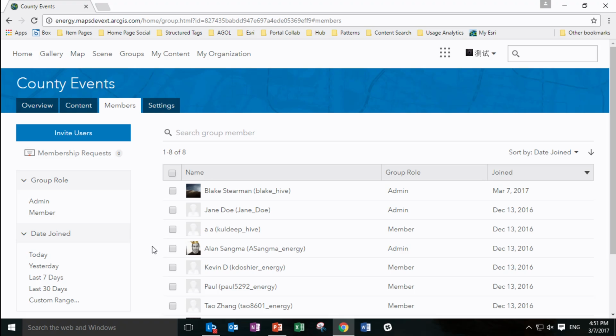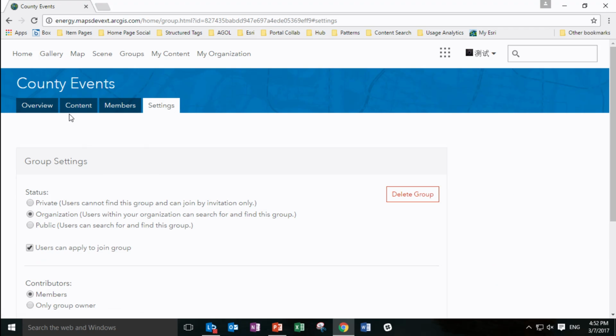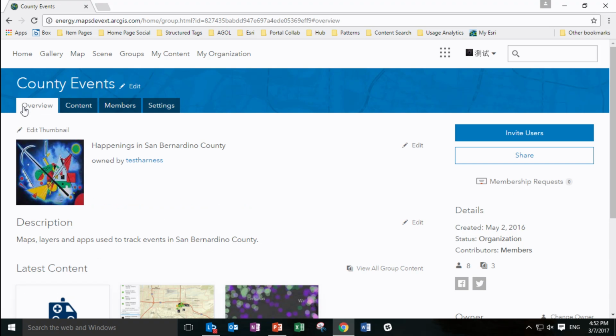So group admins is how you can work as a team administering a group. And of course, there's the settings for the group, and that's in its own tab. You will see